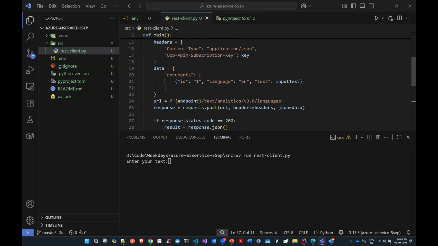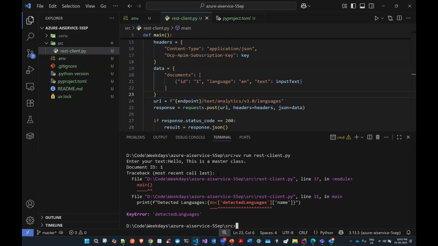You can see this is my JSON object I'm passing. So: hello, this is a master class. I'm adding this text here. So it will analyze it, then do let us know.